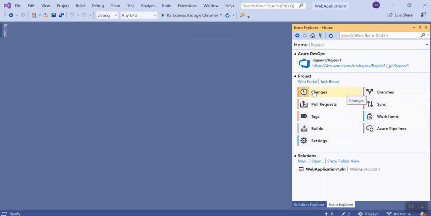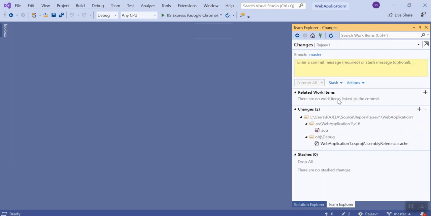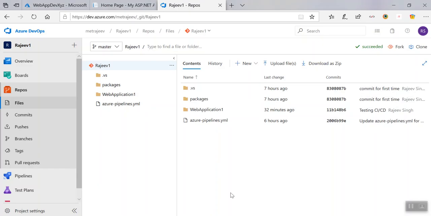Then the initial step, we'll go into details, will be that you have to do the code push where you have to write some comments, and then you do a commit all. Once this is done, the entire code will be pushed for the first time to your master branch. And once it is done, you can see this web app, and this is the default one. Once you do a pull, it will have packages and Visual Studio extensions and so on.